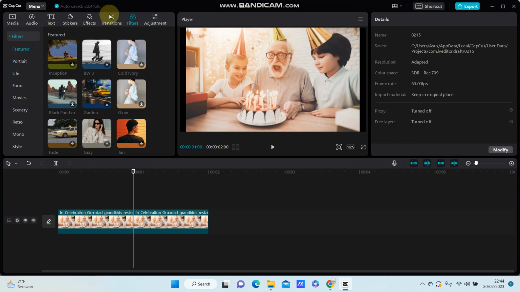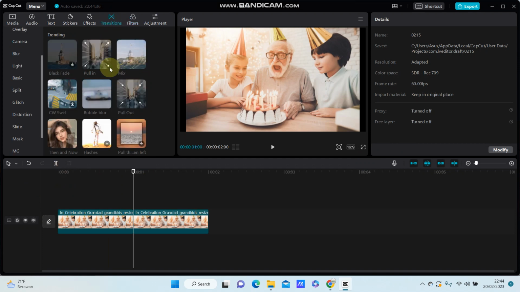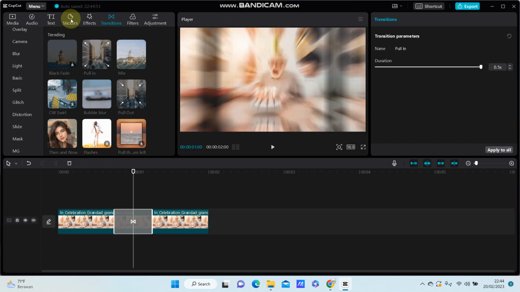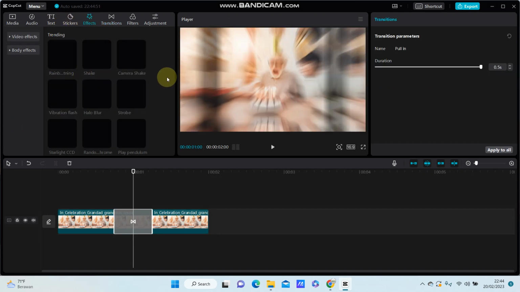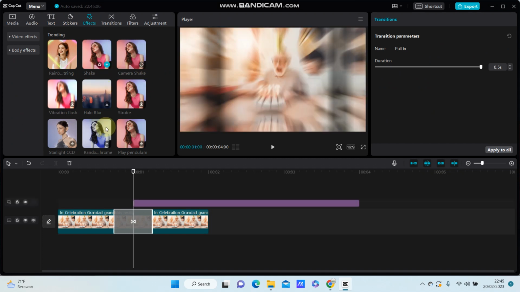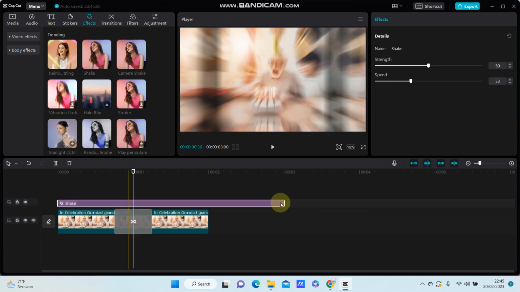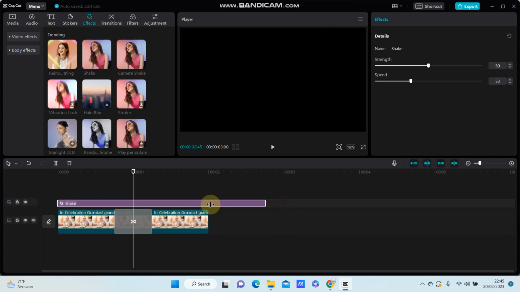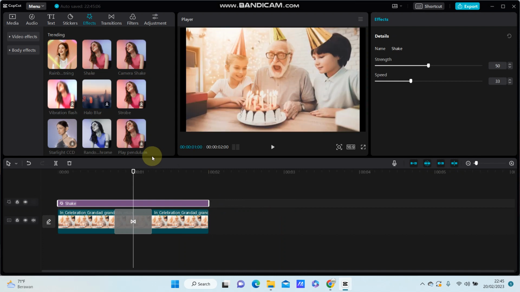select transition, pixel, add the effect. For example, select camera shot radius. Okay, and you can